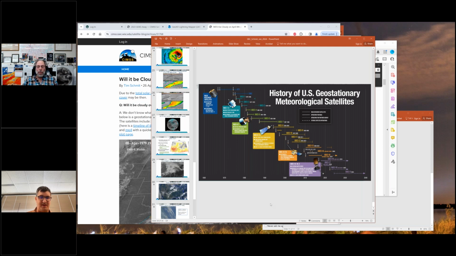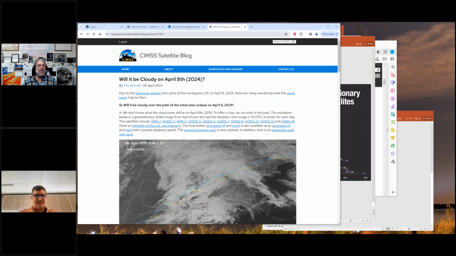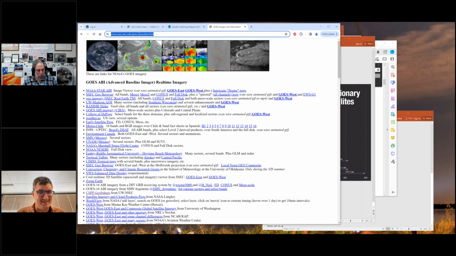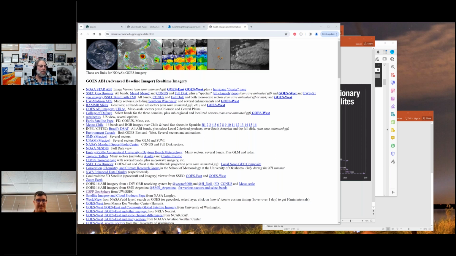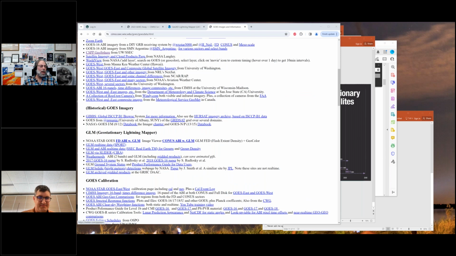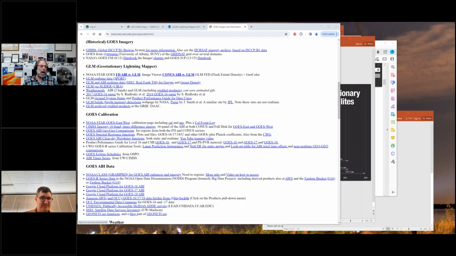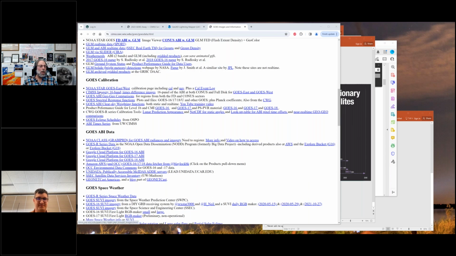Sounds good. And is there any one web page that links all of this GOES info for folks in the field? That's a great question. So I curate this page, which tries to just have a link of where people can look at imagery, get historical GOES imagery, the lightning mapper, papers, more than you ever want to know about calibration, and including the event log.